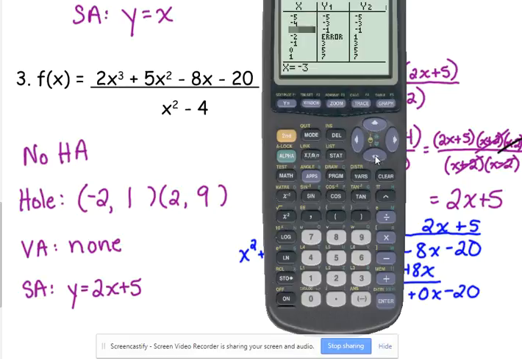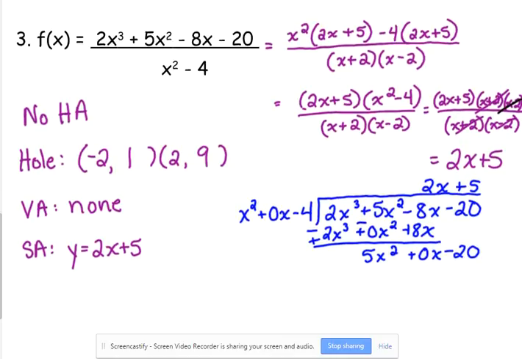Holes at negative 2, see the error, see the y value in the simplified version. And positive 2, error in the original, y value in the simplified. No vertical asymptotes, so those are our only two errors. And that's it. All right, so what I need you to do